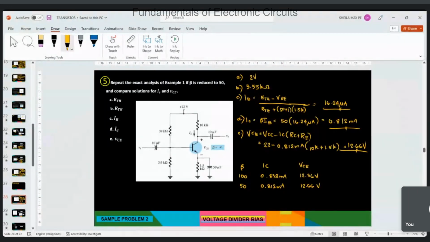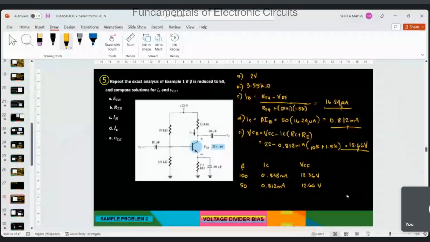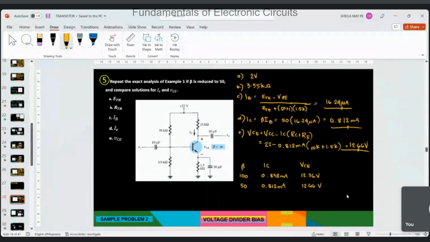Did you observe the table that you made? Okay. Now, on that table, class, our first example, where beta is 100, we have the IC of 0.838 and our VCE at 12.36. Now, for our second example,